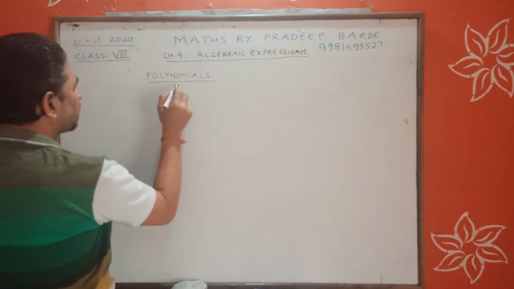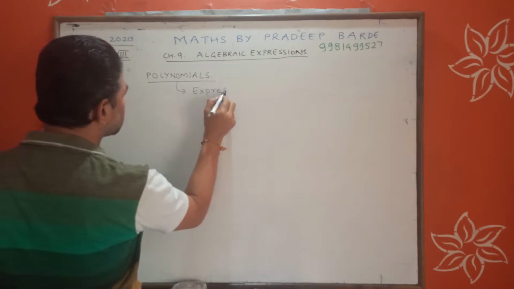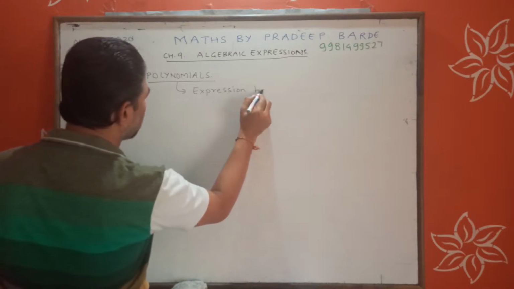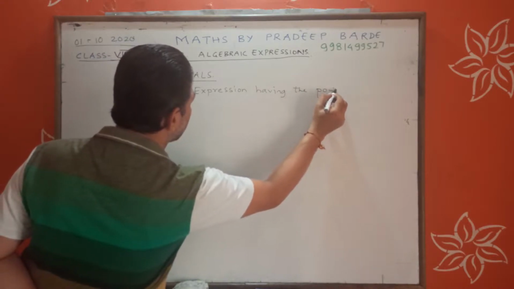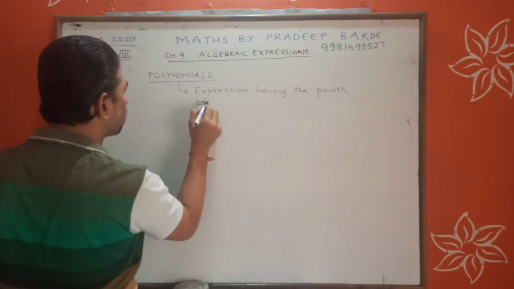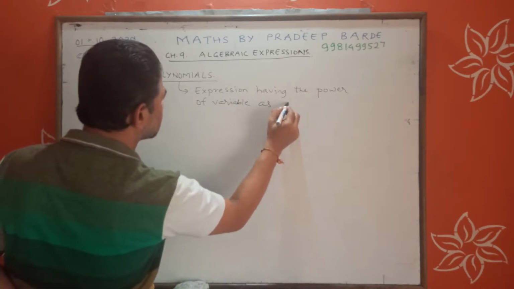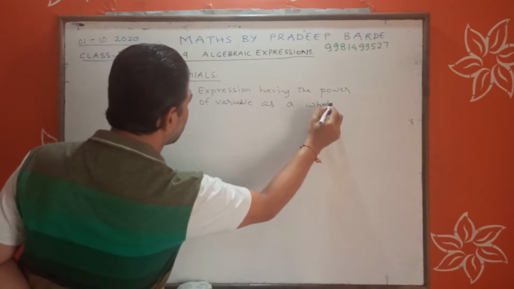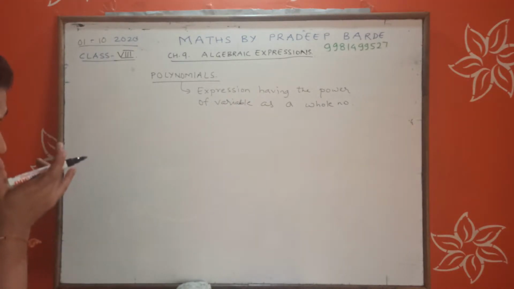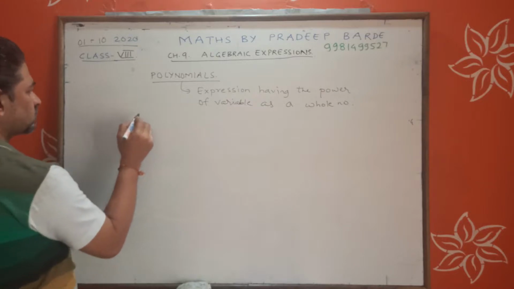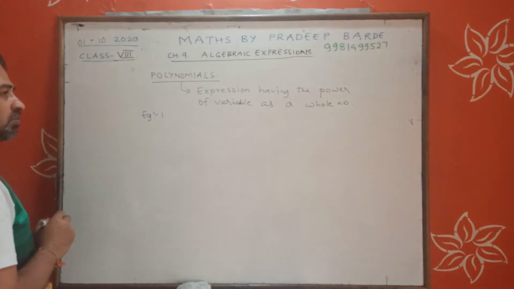Basically, when we say polynomials, we mean expressions having the power of variable as a whole number. These are known as polynomials. This we have discussed in the last class as well. Example,